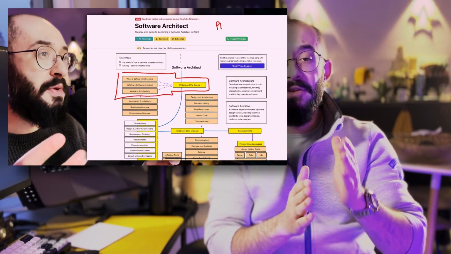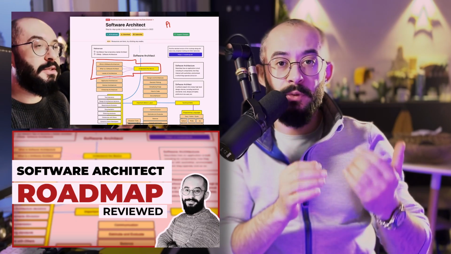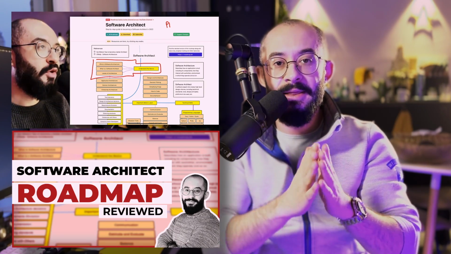And I outlined what every staff plus software engineer and software architect should learn and should know at different stages